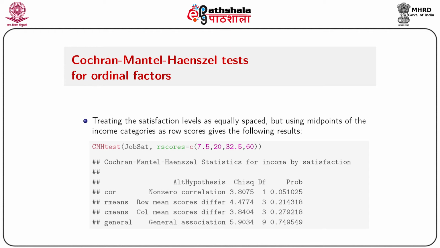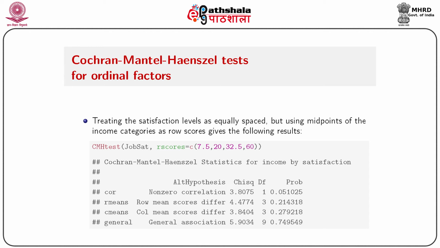So suppose CMHtest JobSat, and the row scores were assigned 7.5, 20, 30.5 and 60. That's the midpoints of the 4 intervals that we used, and then that will give you the test